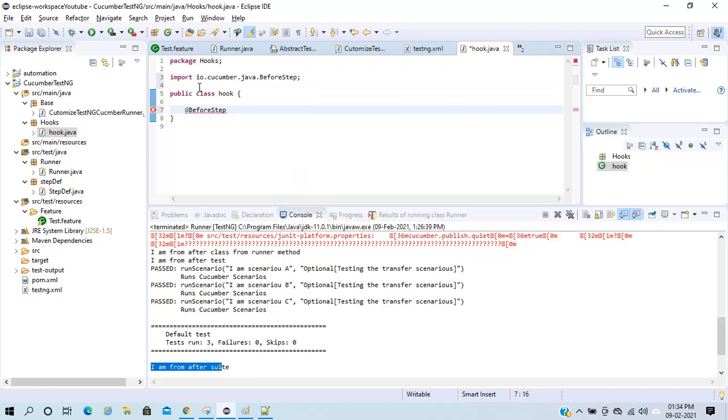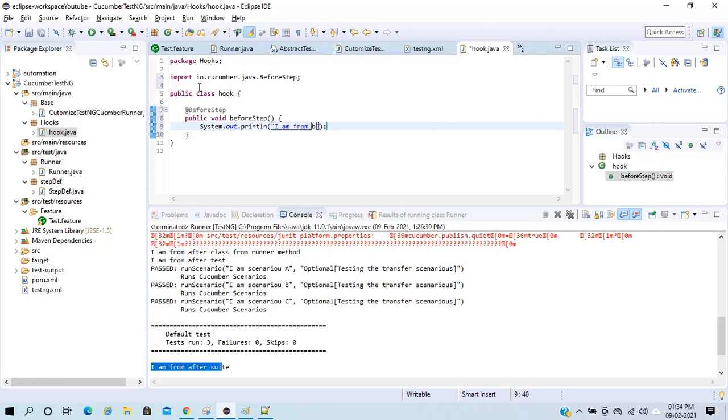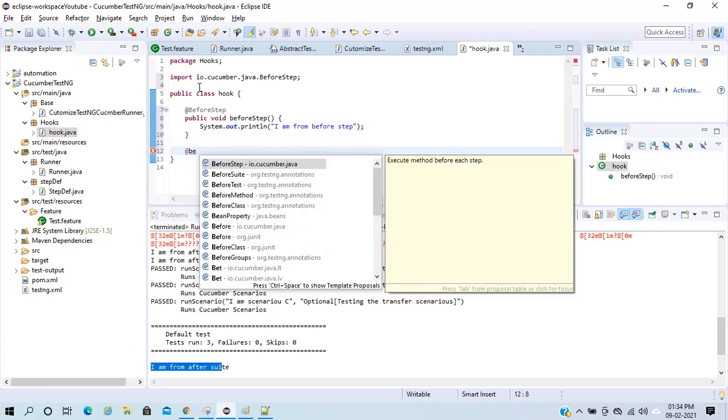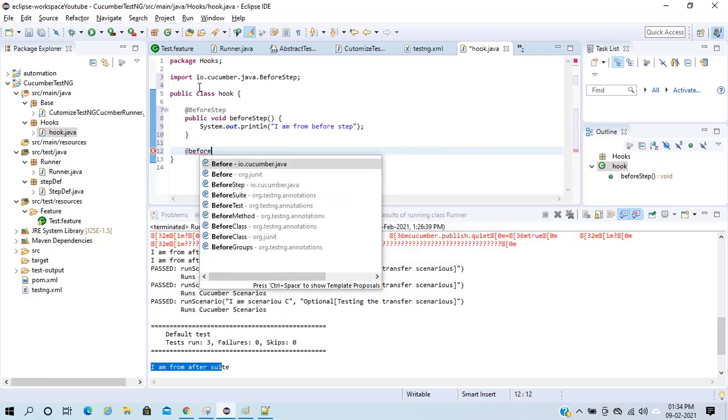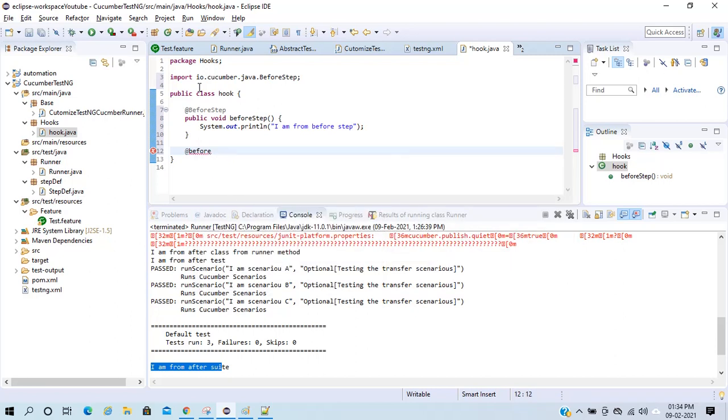I have before step, public void before step, and I am from before step. Then before scenario.